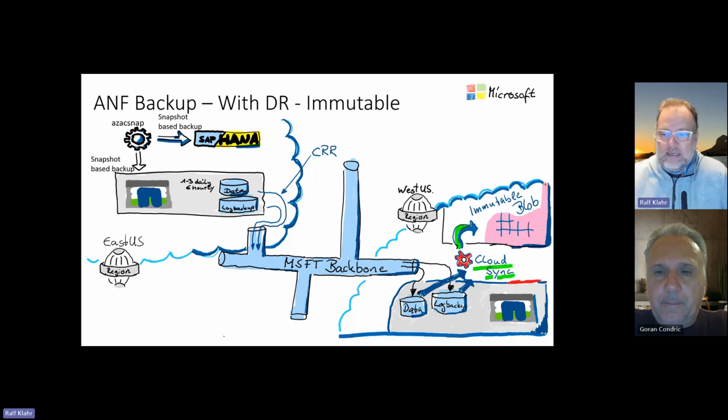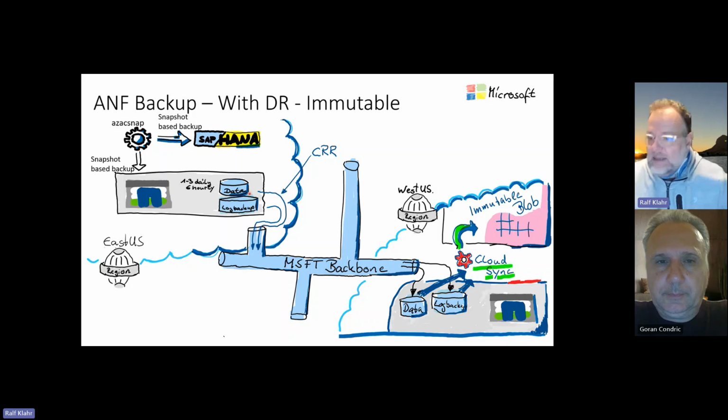As said, a snapshot by itself is always immutable. All those snapshots which are taken here on the primary system are immutable. So you have no chance from the operating system to change or manipulate the database backups, but you can delete them via the Azure Resource Manager. If you have all the access rights, or access to the portal, you absolutely can delete all the snapshots. That's clear.